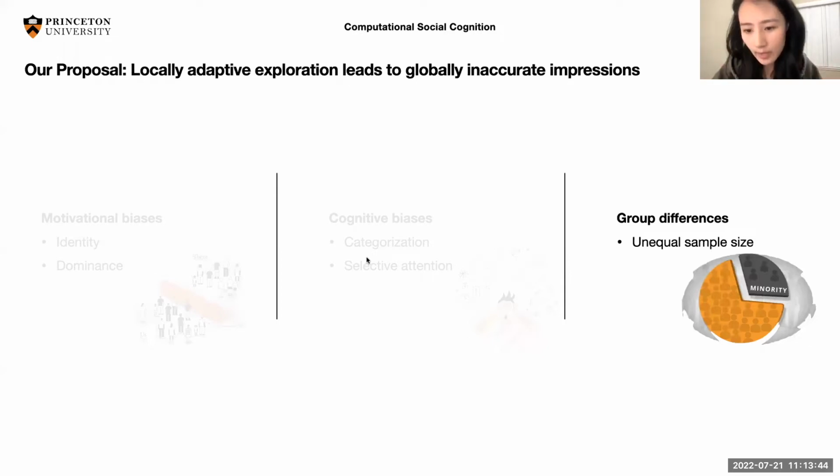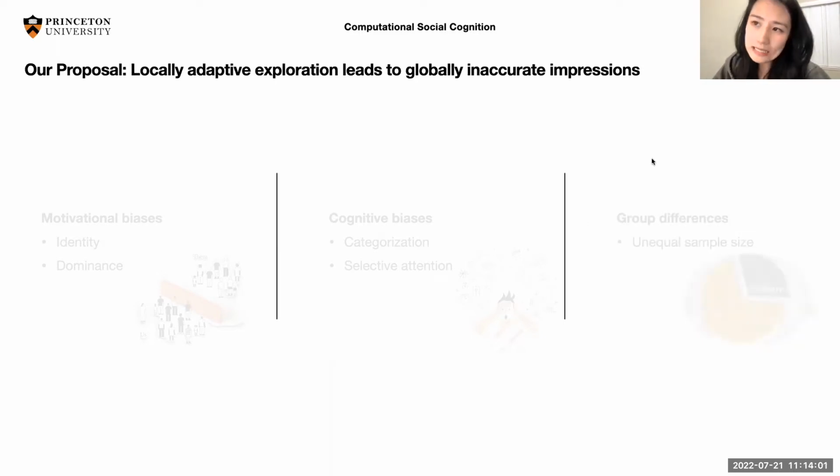We just take all the information we have, either positive or negative, whatever. We do this Bayesian updating process. I'll explain later, but this is a rational updating process. But still, we got this differential perception at the end of the day.